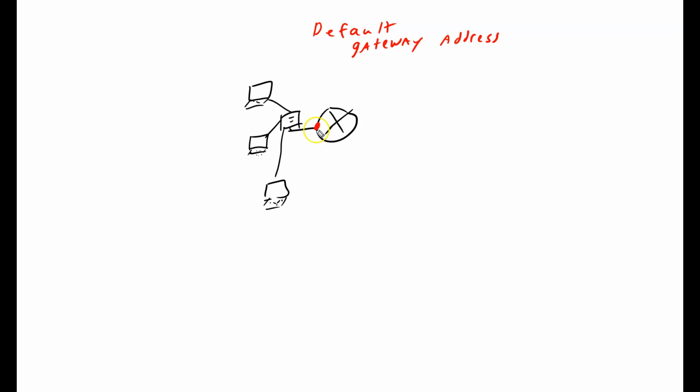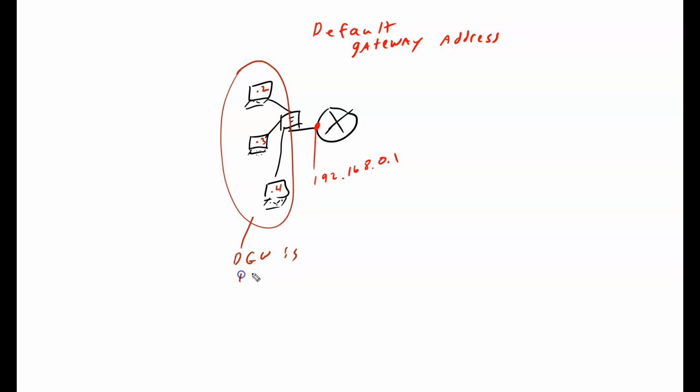Now let's say that this is 192.168.0.1, and these computers over here all have their own addresses. This is the .2 computer, the .3 computer, the .4 computer, like that. But the default gateway for all of these computers is 192.168.0.1. So if they don't know where to send something, they're going to send it to this router port and